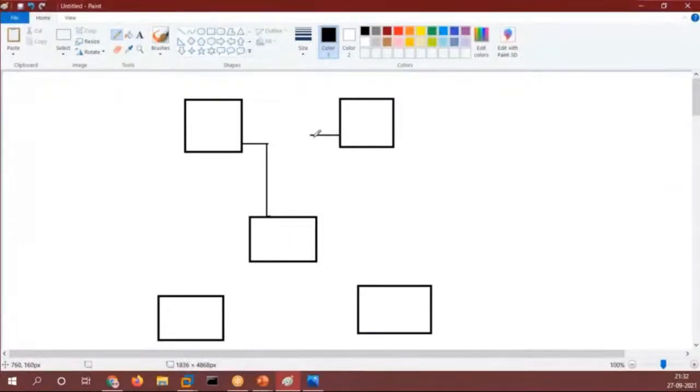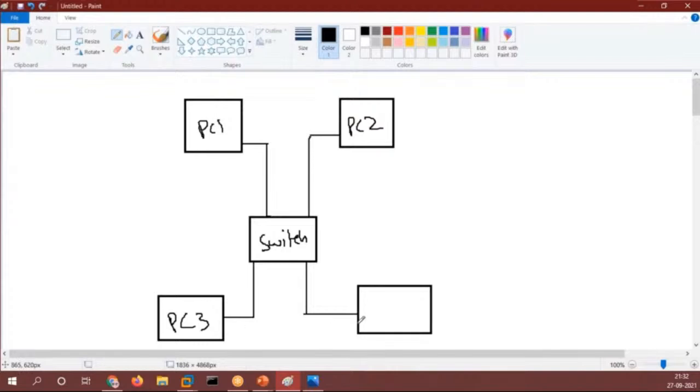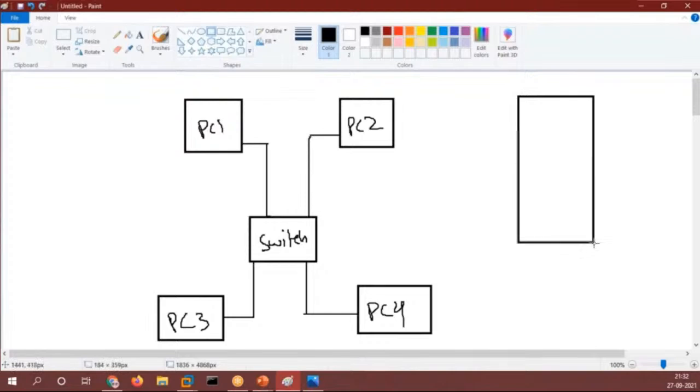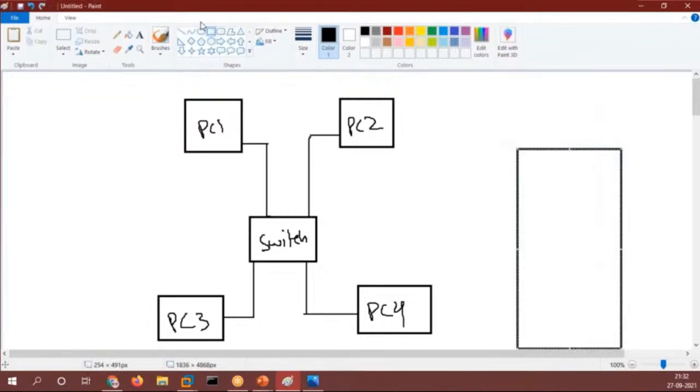Now what I said, the switch has a table. And what is the name of that table? That table is known as the CAM table. Before that, we should know what a MAC address is, because the switch works on MAC addresses. So the switch has a table with the name CAM table. Right? What is the name?